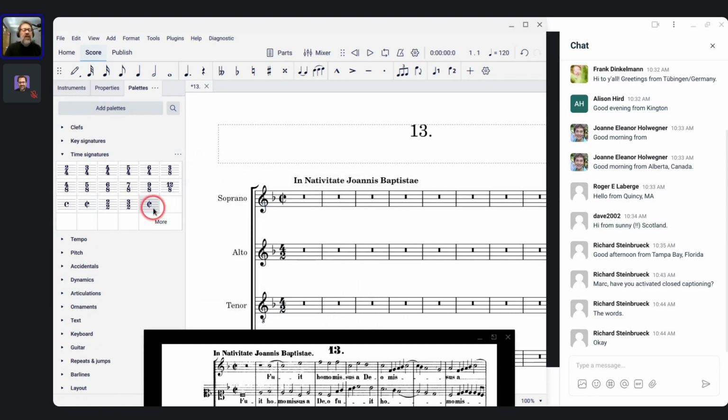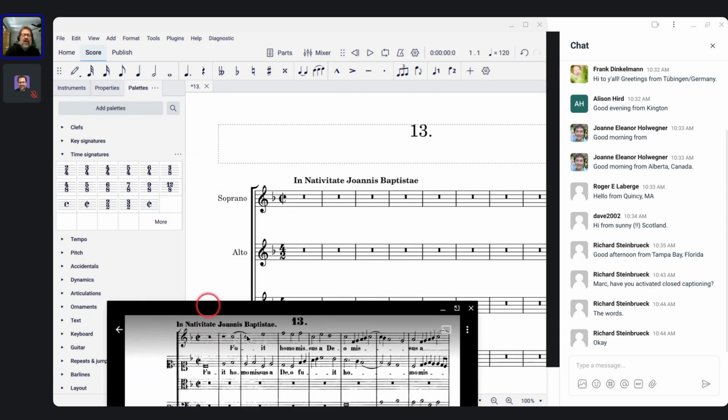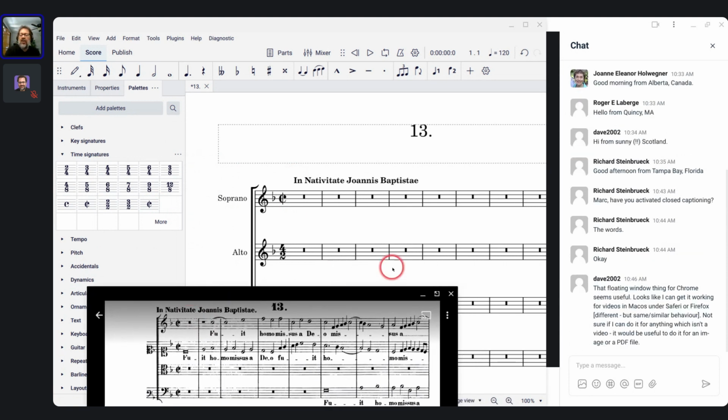Now if I hover over it in the palette, it'll display as 4.2, and so I'll know that this one is regular cut time and that is 4.2. So that's how I've got that set up now. Okay, so I have things set up that I need to have set up, and I'm ready to start opening,